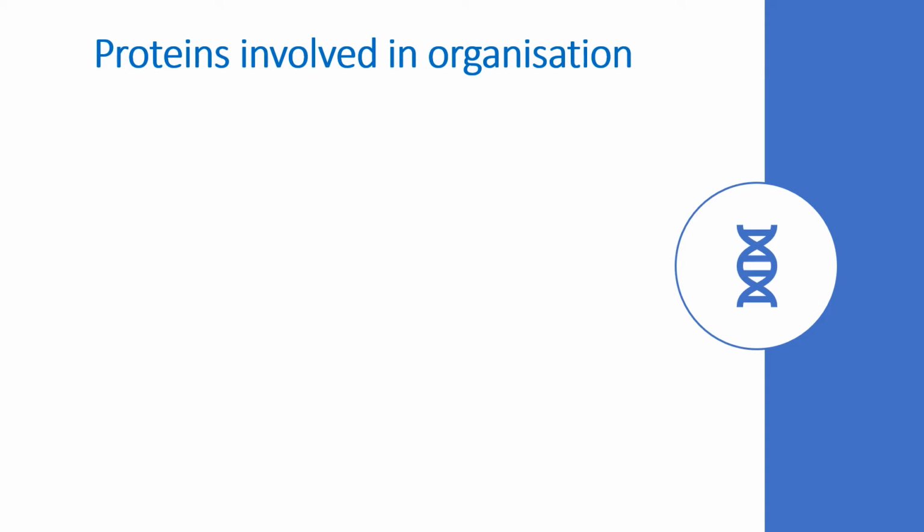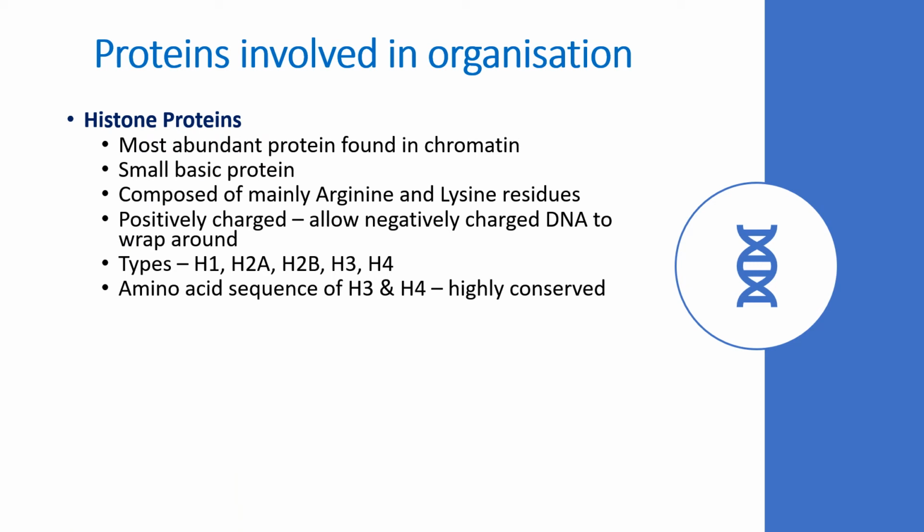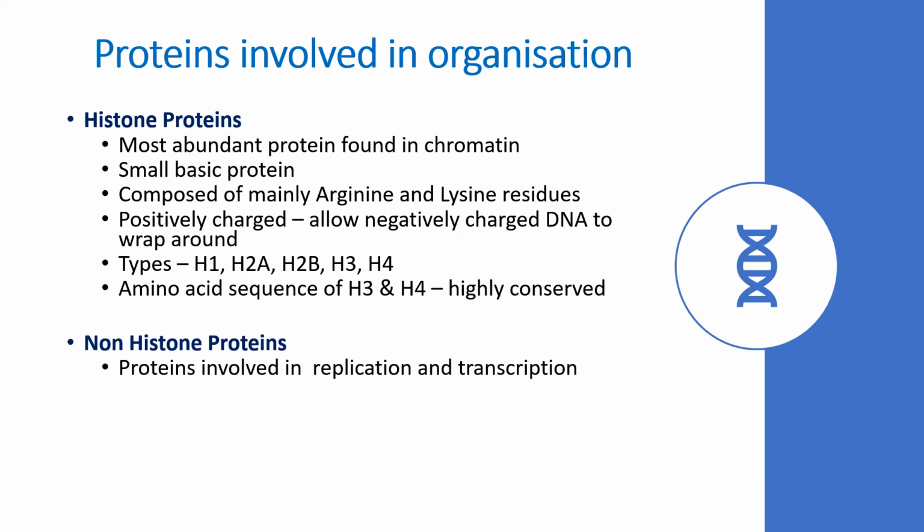There are many proteins that help in the organization of the gene. Actually, inside a nucleus, the DNA is not present as a naked DNA. It is always present in association with some proteins. The proteins that are associated with the DNA can be categorized into 2 groups, the histone proteins and the non-histone proteins. So apart from the histone proteins, all other proteins fall into the category of non-histone proteins. The proteins and the enzymes that are involved in the replication and the transcription process all fall under the non-histone proteins. The histone proteins are the major proteins which are going to help in the compaction process.